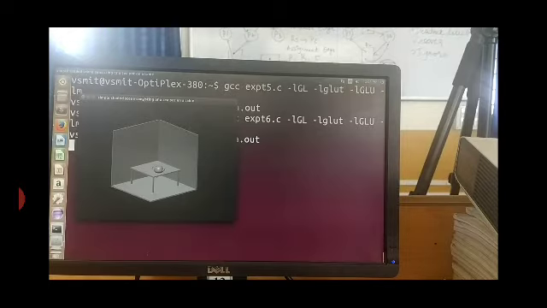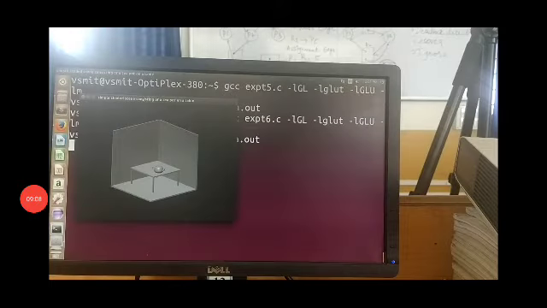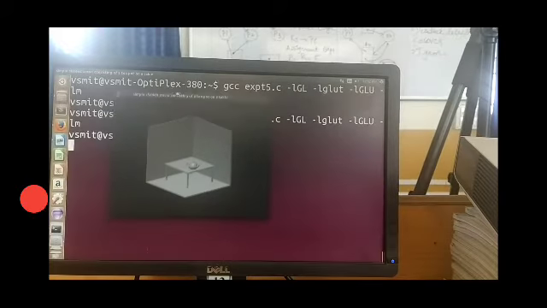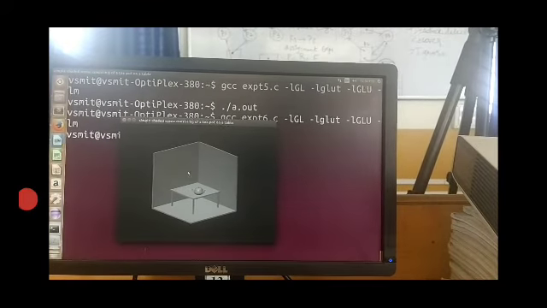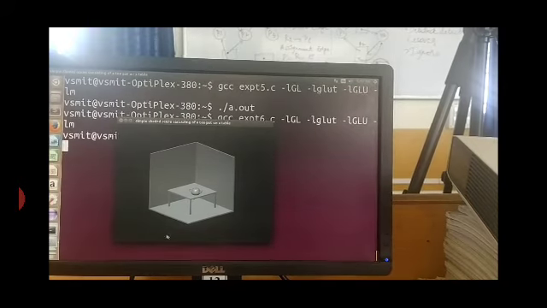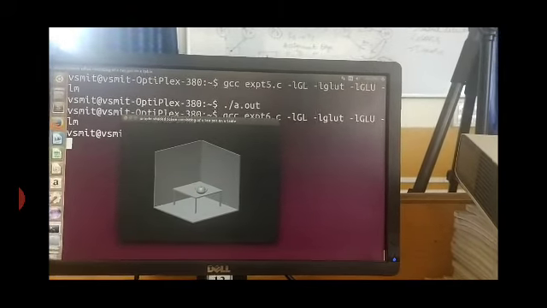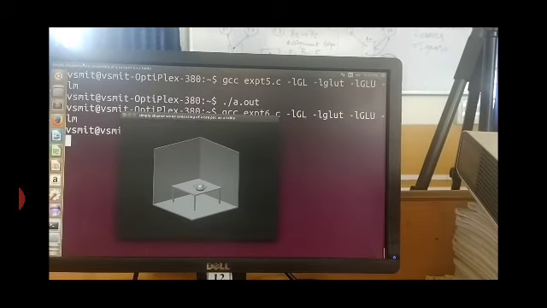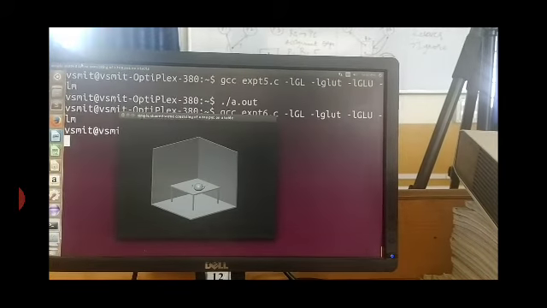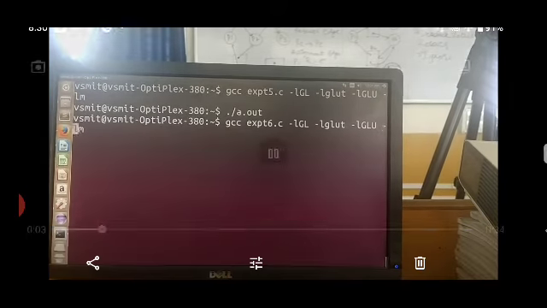Okay, this is how we can give lighting effects to your particular scenes. This is the scene developed by our program consisting of 3 walls. Okay, thank you.